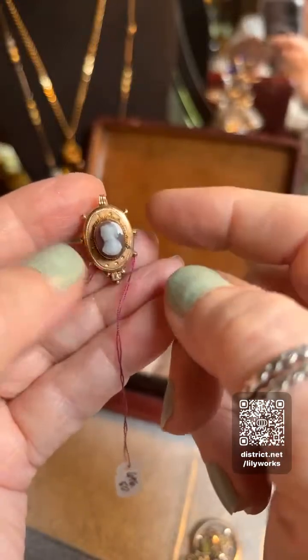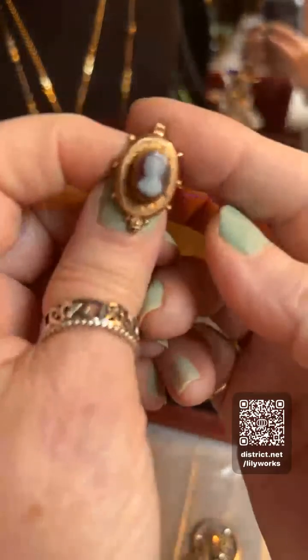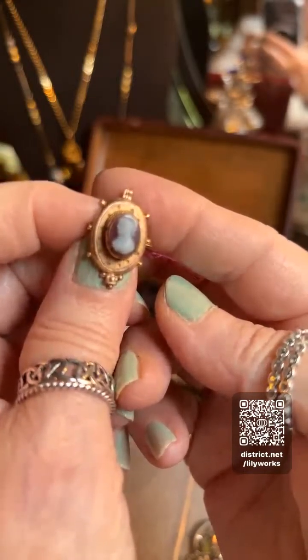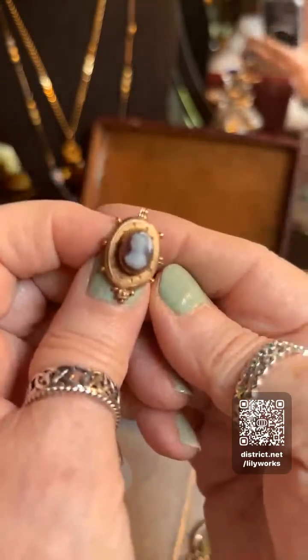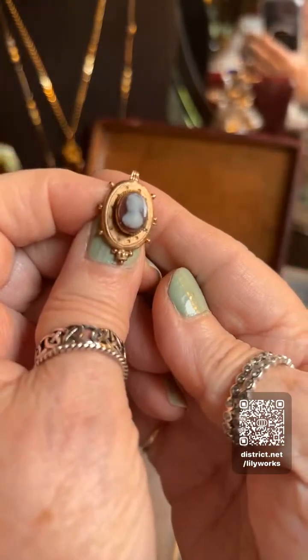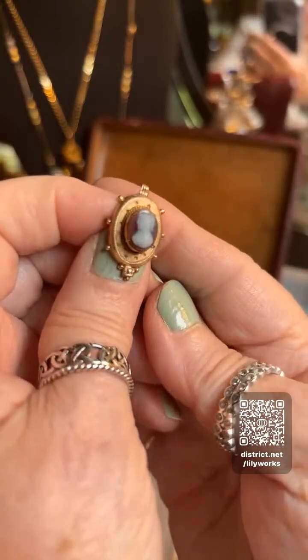There's a name for it when those little points are sticking out there, and sometimes they're closer together. But if you see a piece that has that, it's sometimes a revival piece. Now you know that these Victorian and all these periods have had revival periods, even starting in the 1930s. The Victorian period had a revival in jewelry, but the 40s, the 50s, and then even into the 70s and 80s, that company 1928 that some of us collect was all about the revival of these old periods. So you need to do your research and know whether you're looking at an authentic piece or something